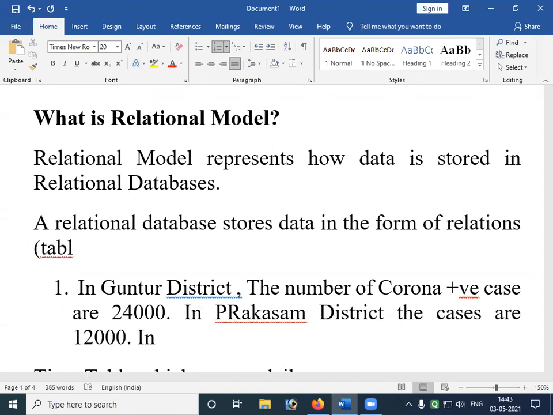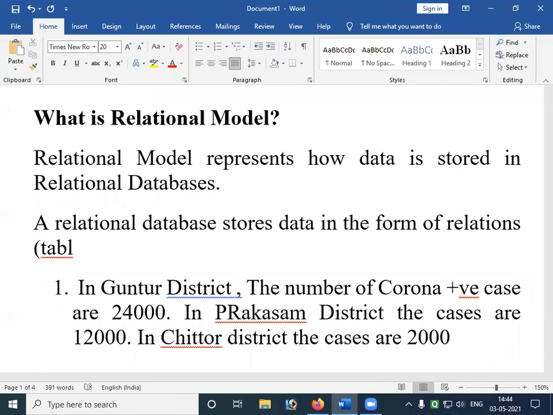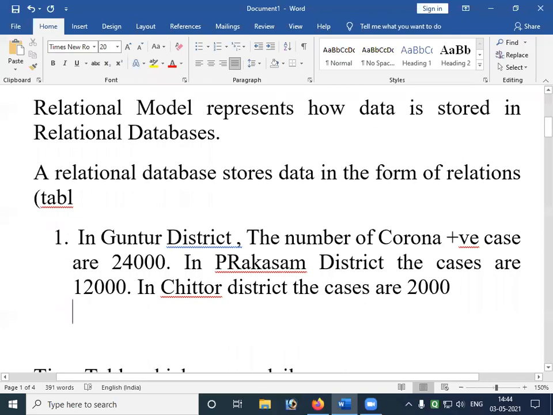In Chittor, and so on. Suppose you go on writing like this, it is okay. Data is being represented in a fair manner, no doubt. But if I represent the same with a table, see how it looks like.